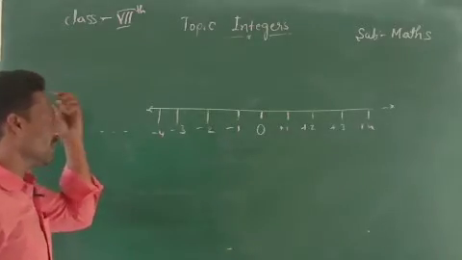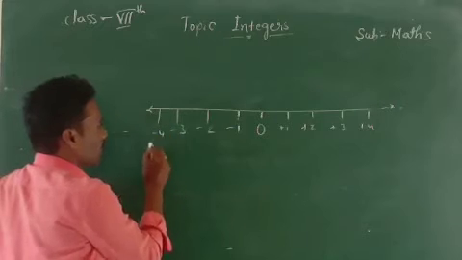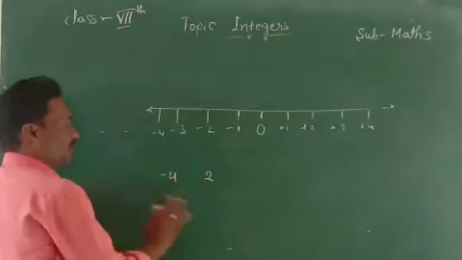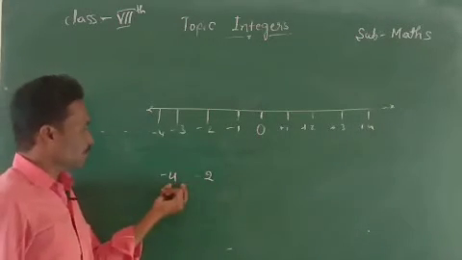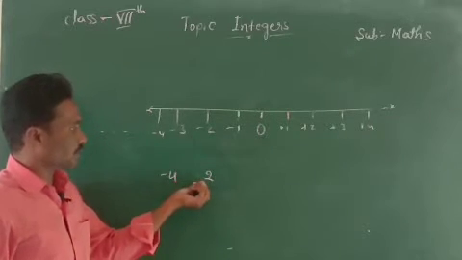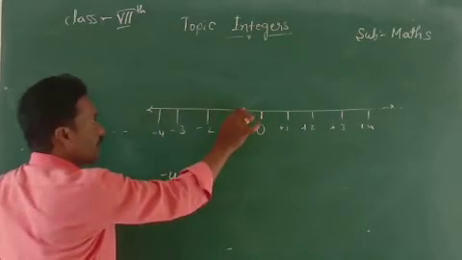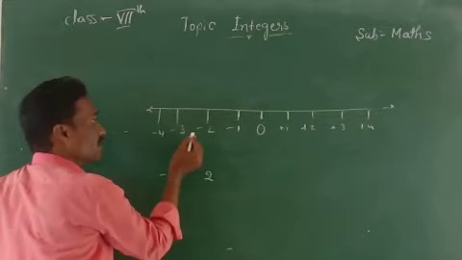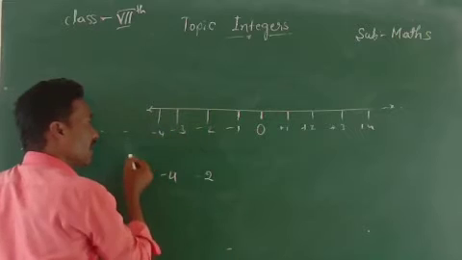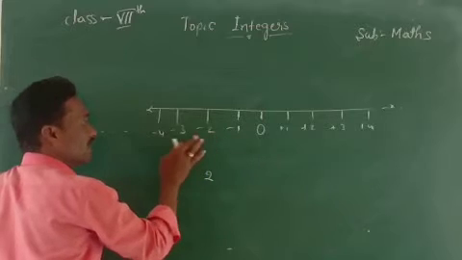And once again we can see the value of the negative numbers. Here see, minus 4 is there, and next minus 2. Of these 2, which is the bigger number? Is minus 2 the bigger number or is minus 4 the bigger number? Just imagine the number line. On the number line, the one which is farther away from 0 on the negative side has the smaller value. If you are moving left side, the value will decrease.